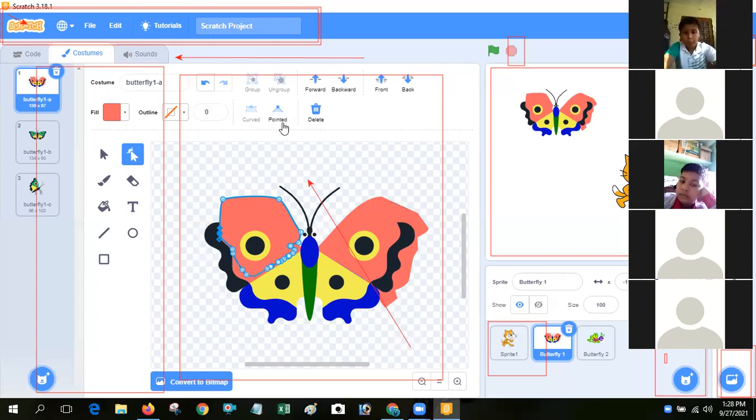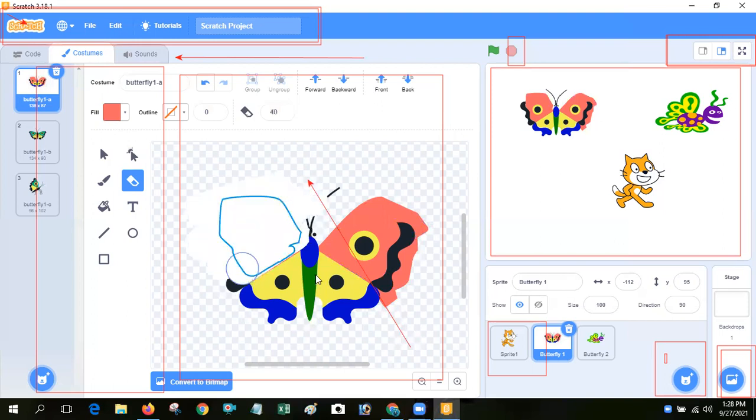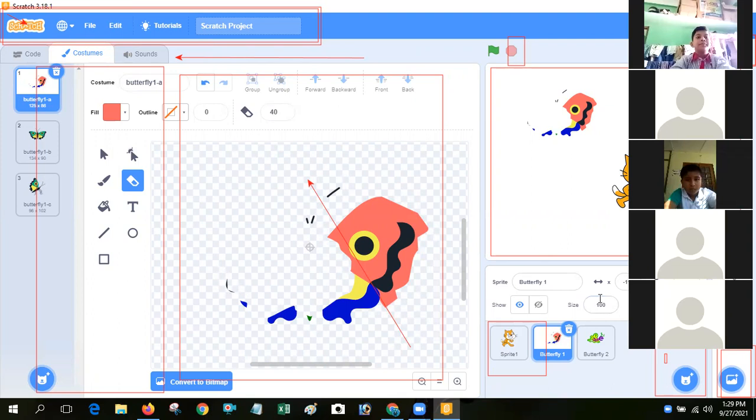Next, you see erase. And if you want to restore your editing, then you can use the edit and restore button. So I want to increase my sprite size. You see, 200, 100.